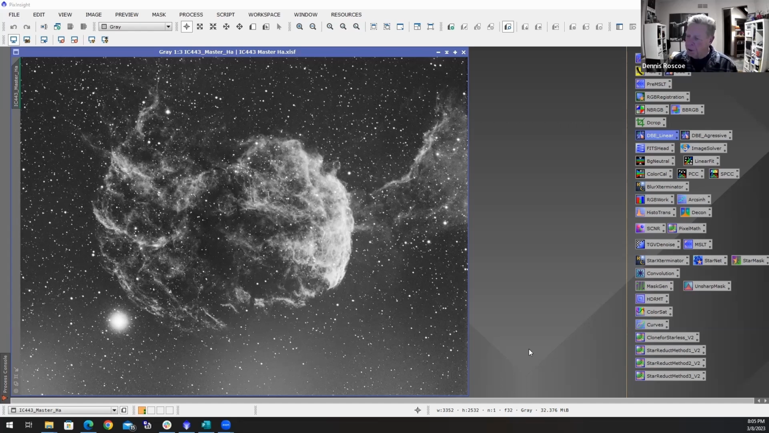I've calibrated the images, I've integrated them, and now I have a master H alpha. Along with this, I have a master S2 and a master O3. And so I do a little cleanup. I get rid of gradients and any kind of optical noise on each of these masters, and I also do a little noise reduction on the masters themselves before I combine them into an RGB. But tonight we're going to focus on